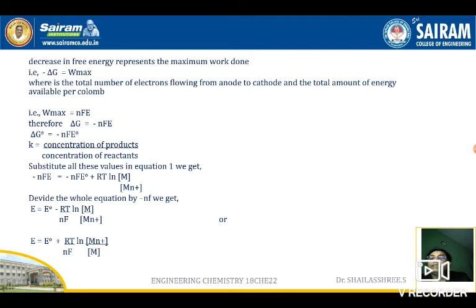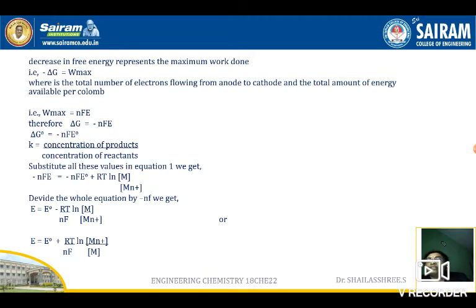See here, the decrease in the free energy represents the maximum work done, that is minus delta G is equal to W max. And what is W max? It is the total number of electrons flowing from anode to cathode and the total amount of energy available per coulomb. That can be written as W max is equal to nFE. So that it will become delta G is equal to minus nFE. That is because minus delta G is equal to nFE, or we can write it as delta G is equal to minus nFE. In the same way, delta G naught is equal to minus nFE naught, and